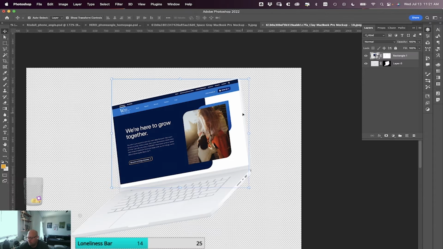Okay, let's see. All right, sweet. So now it's in the perspective we want, but now we want to add in some screen lighting details. The easiest way to do this